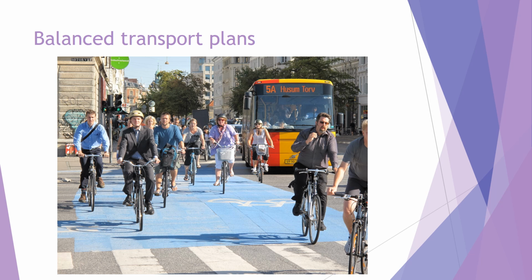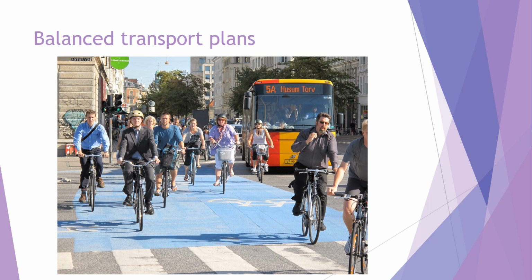Many cities pretty blindly followed a car-dominated route, didn't have long-term planning, and didn't, I guess, necessarily foresee that investment in cars as the primary means of transport might come back to bite them down the track. Mies talks about cities like Copenhagen, which is represented by the image here, Munich and Zurich, who adopted much more balanced transport plans in the 1960s than many places, certainly in Australia and North America.